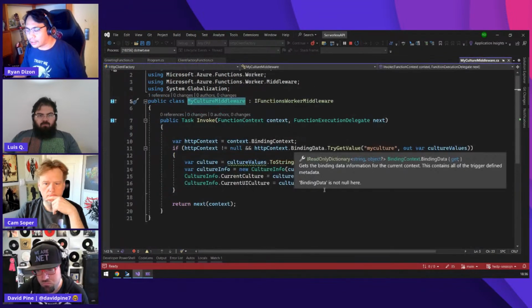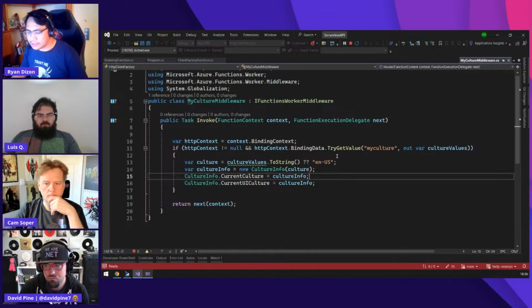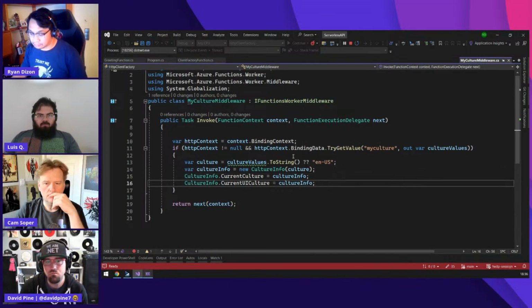And if we open this, that's the simple implementation. We are invoking this behind the scenes.